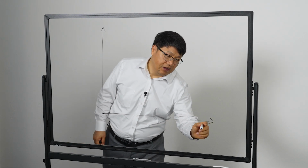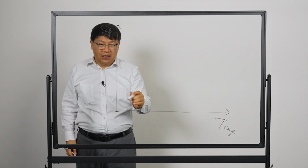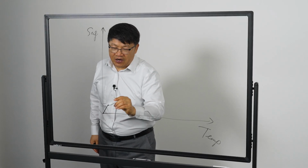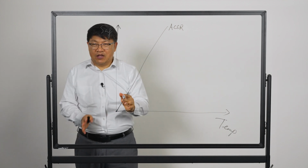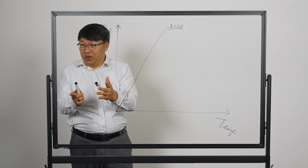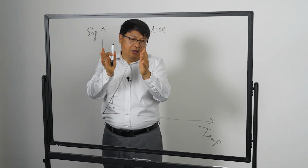So again, I'm going to use a plot here to make the point. You have temperature for the x-axis, and then you have sag for, let's say, the y-axis. If I were to draw out the sag versus temperature, and if I do it for ACSR, it would be like that. And the slope here, by the way, you could say is directly proportional to the CTE of aluminum. And the reason for that is the aluminum dominates thermal expansion when the temperature is below the